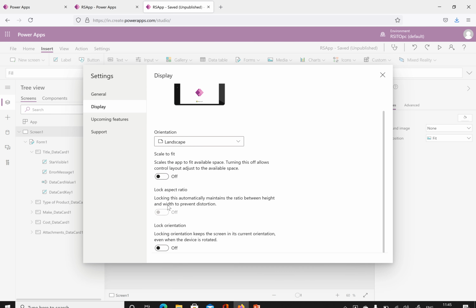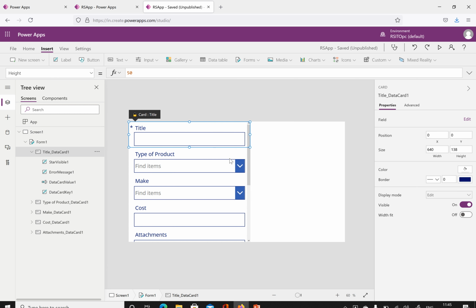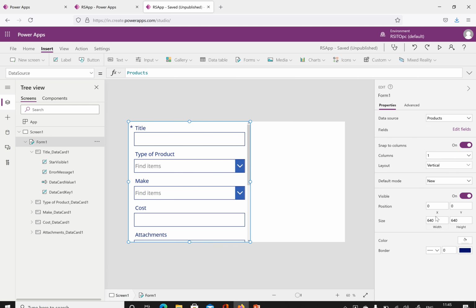First, if you turn it off, then the aspect ratio, for example, if you increase or decrease the height of this form, will not change the remaining one. See, both are showing 640, 640. For example, if I change to 800, now see, this is not changed. If you decrease this one to 600, it will not affect this. So that is about that.